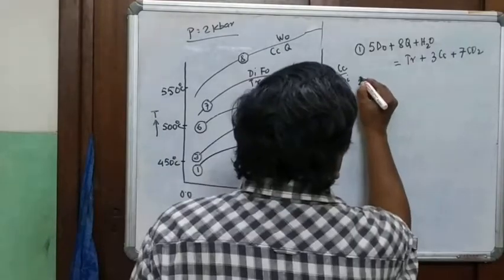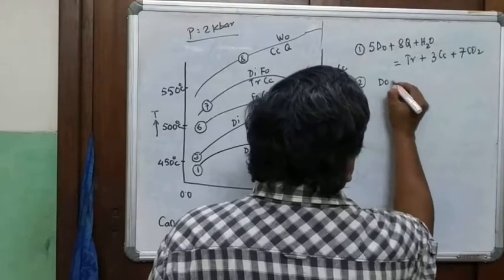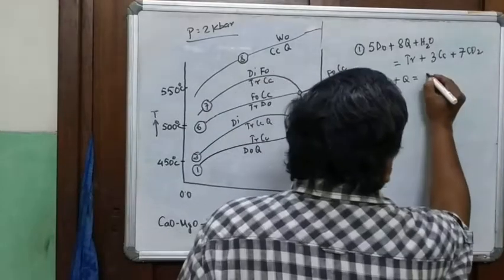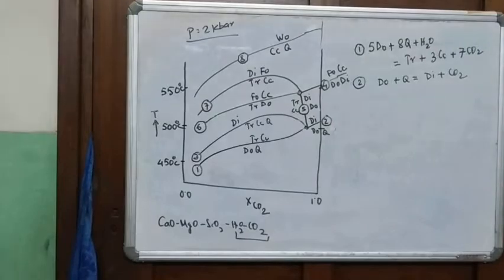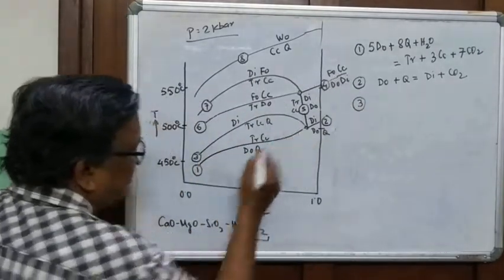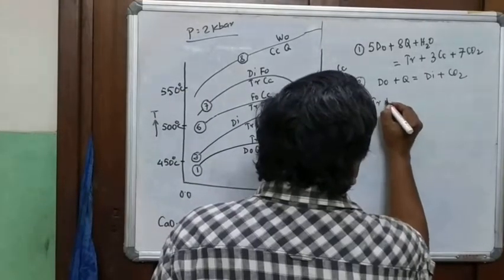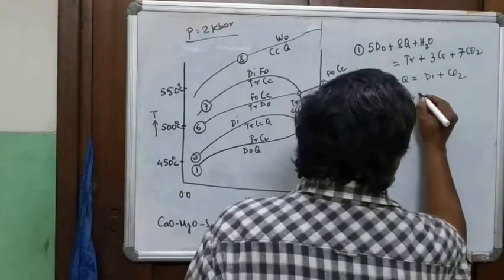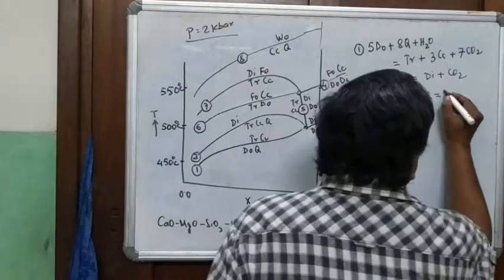Next reaction. Reaction 2, which is this. Dolomite plus quartz is equal to diopside plus carbon dioxide. Reaction 3, and this is the reaction. So for this reaction, it is tremolite plus 3 calcite plus 2 quartz is equal to 5 diopside